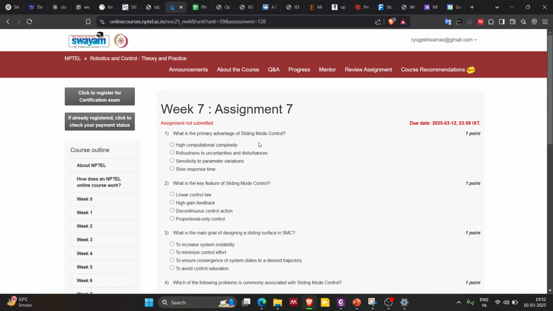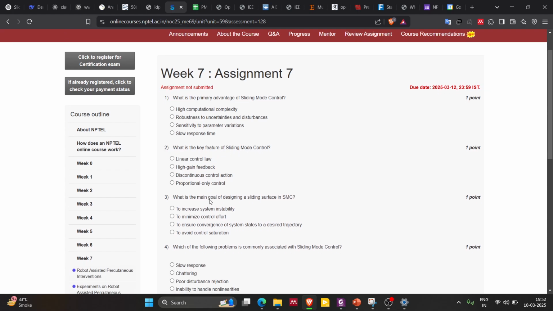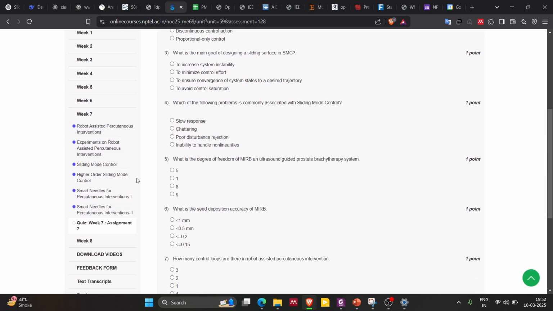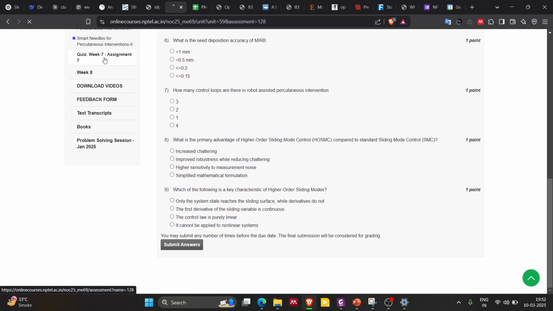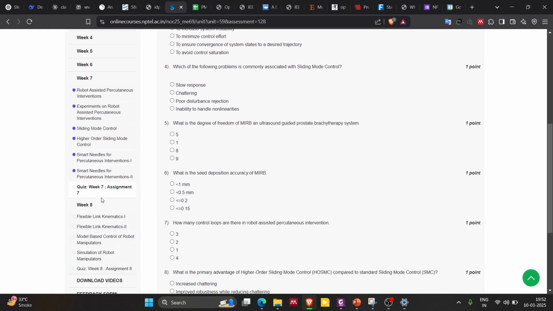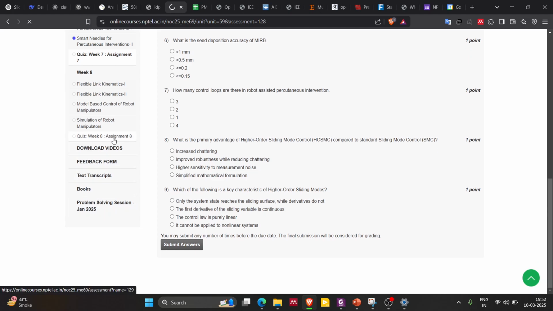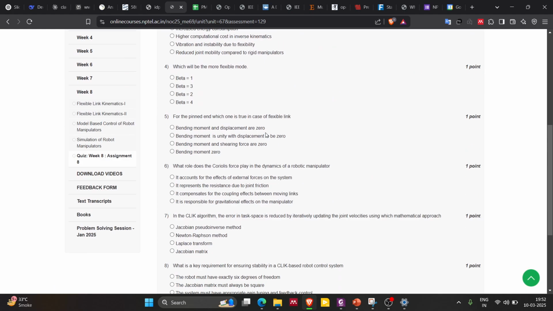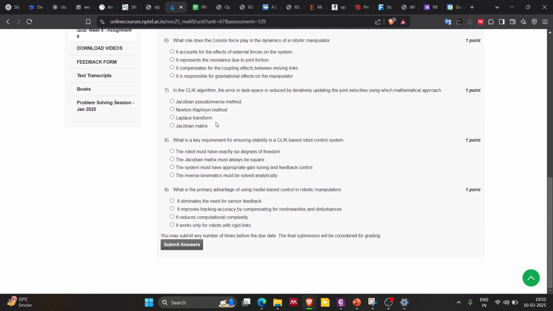So, what is the key feature of sliding mode control? You can easily find it from this. You just need to go through those lecture slides, and you can get an answer. And let's see what week 8 is about. So again, you see there are mostly,